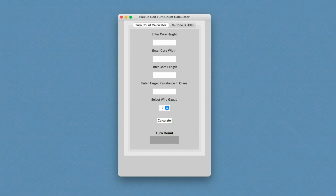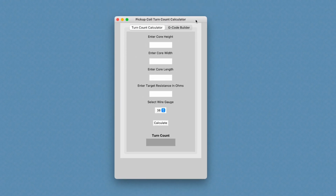Earlier I had mentioned that I'm planning to write an application which will automate the workflow that I just demonstrated. And this is that application right here. It's not finished yet, but essentially it will function in a similar manner as that spreadsheet. However, it's hopefully going to be encompassed into one simple application where you can calculate your turn count and then build